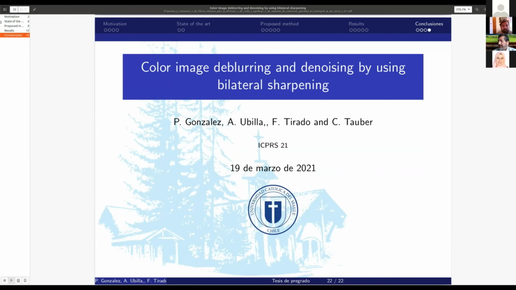Well, Paulo, I would like to know what are the sources of this noise and blurring in a PET image? What are the sources of the blurring and the noise in this kind of image? Yeah, this is a simulated image that we produce with Zubal.